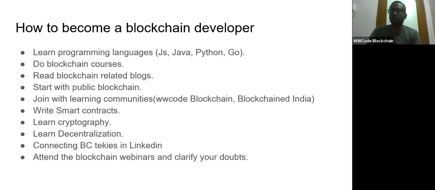So people will ask about blockchain certification when you go. It will help move your career to another level. Some companies mandatorily ask for certification. Some of my friends who joined companies had certification, and only that helped them enter blockchain. So certification is a very important thing.